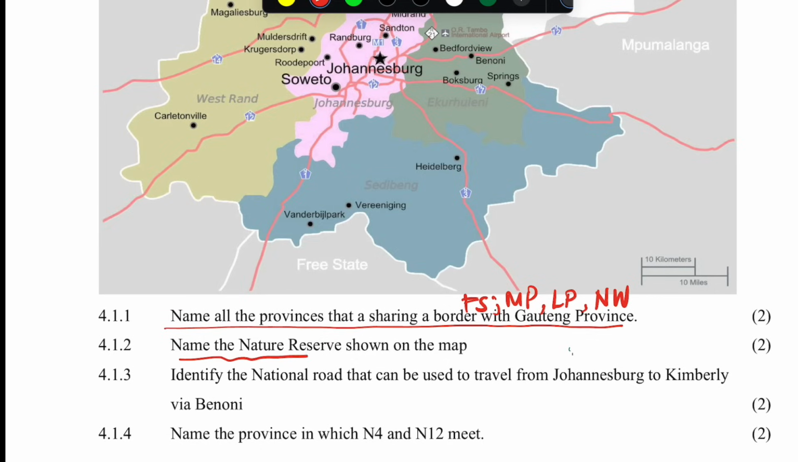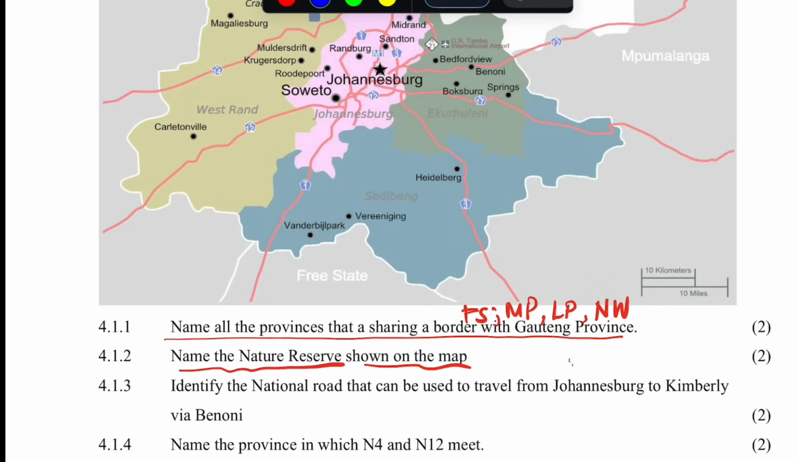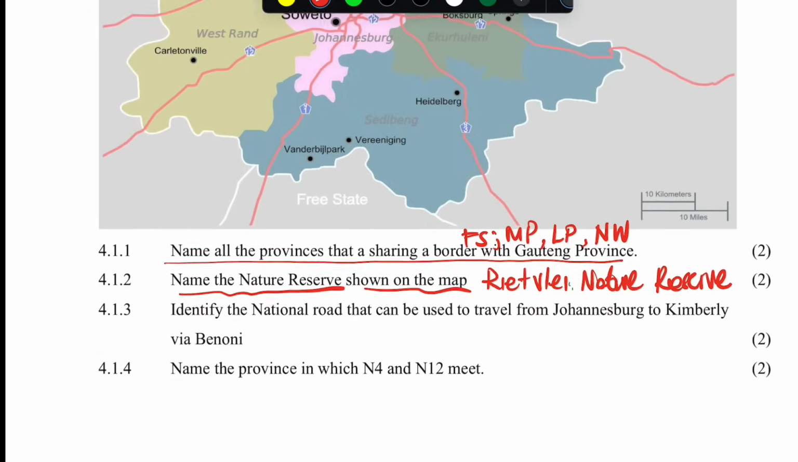Now it says name the nature reserve shown on the map. The only nature reserve that I see on the map is Rietvlei. It's the Rietvlei, guys. So you're going to write here Rietvlei Nature Reserve, right? Now it says